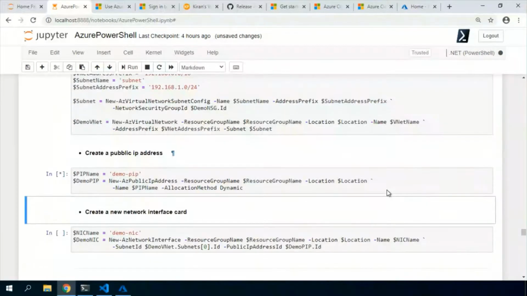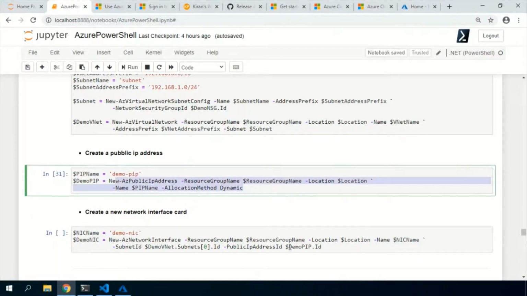So after the public IP is created, I want to create the network interface. All of these things are created and will be there aside, but the network interface card will be attached to your VM, and this network interface will be associated with your security group and virtual network. Okay, so again, for this one as well, yeah, my public IP is created.